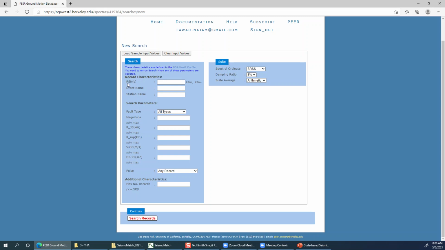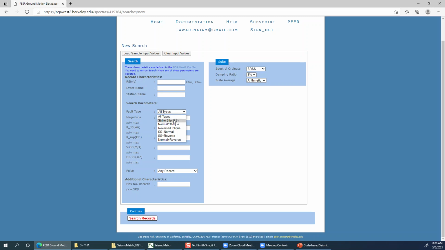If you know the RSN number of your ground motion, you can search by RSN number also. But basically I will be using these search parameters to filter out the ground motions from this database. The very first thing I have to provide in the search parameters is the fault type. There are several faulting mechanisms available in this list.